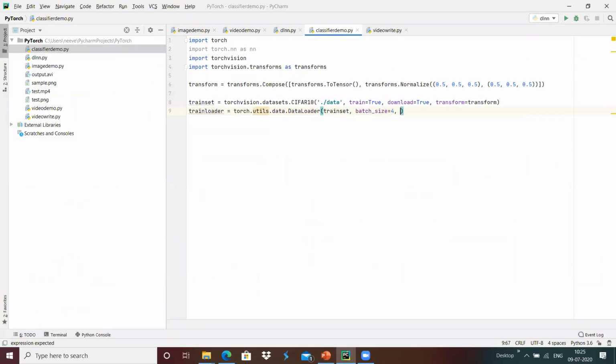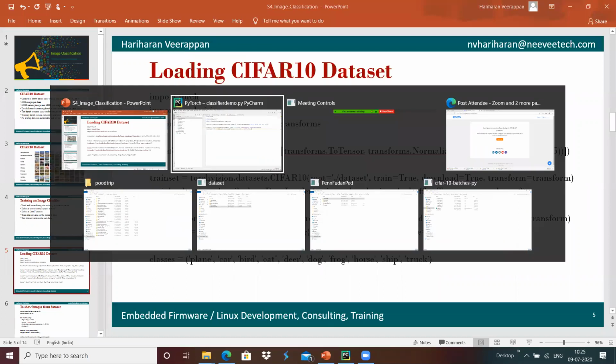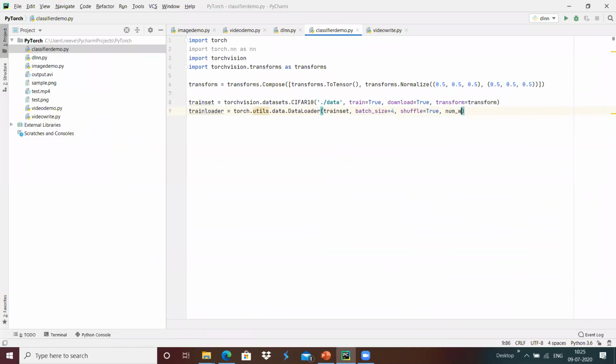We have shuffle, so the images are shuffled, which we set to true, and the option num_workers, which I'm going to define as 0.